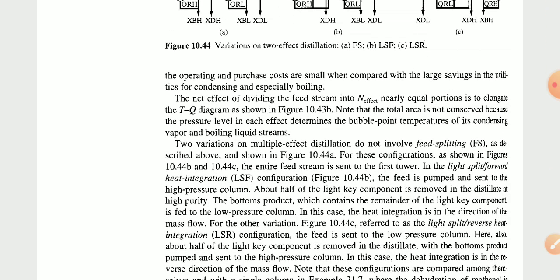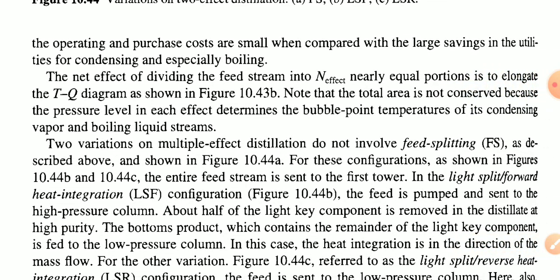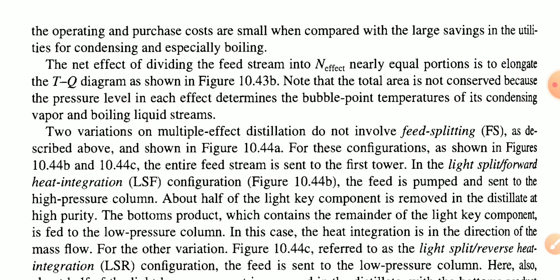Okay. Now the operating and purchase costs are small when compared with the large saving in these utilities for condensing and especially boiling. The net effect of dividing the feed stream into n effect nearly equal portions is to elongate